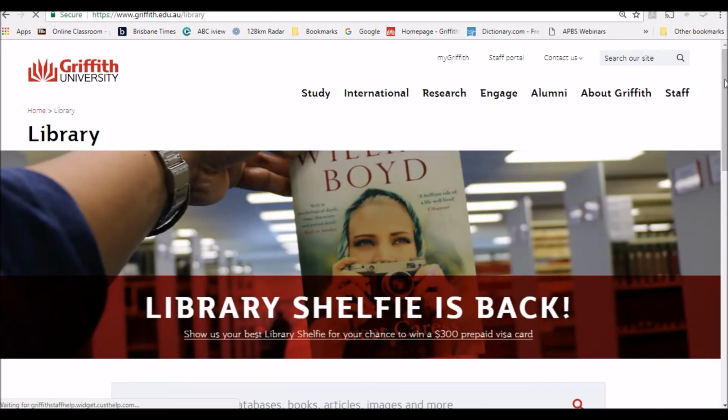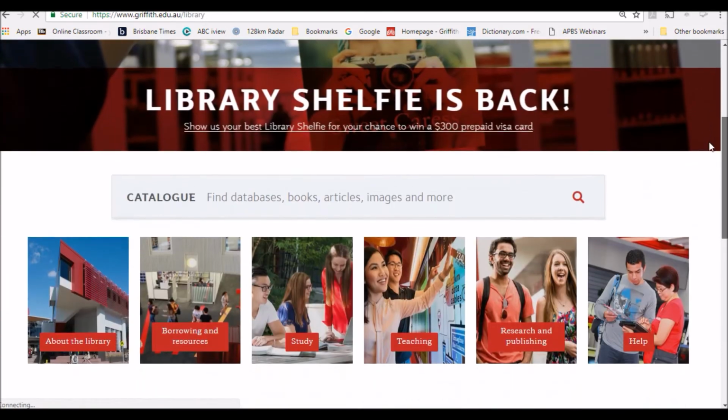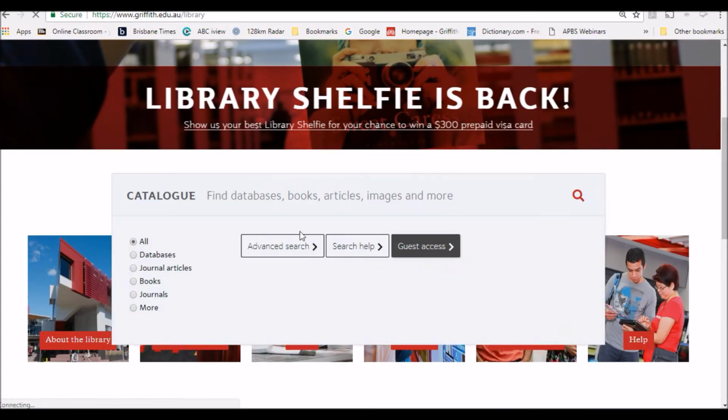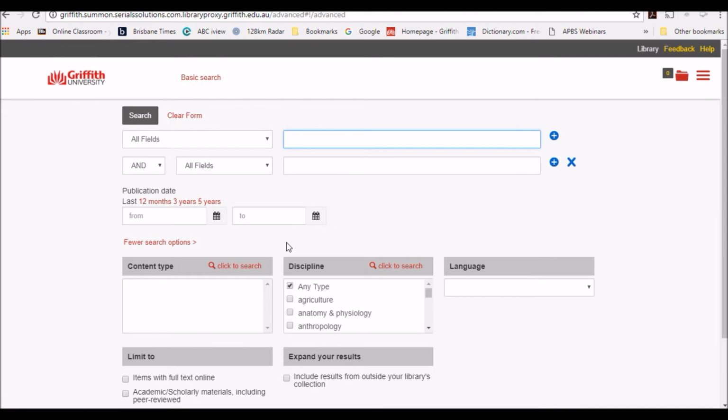So I'm just going to go through here. Okay, this is a library page. I want to look beyond the normal catalogue. I want to have a look at the advanced search so that I can narrow down my search when I'm looking for the material to support my essay. So what you've got for your essay, you've got the material within the course content folder, and then you've done your plan, you've looked at the factors. Now you're going out further and looking at what other literature is available out there in order to support your